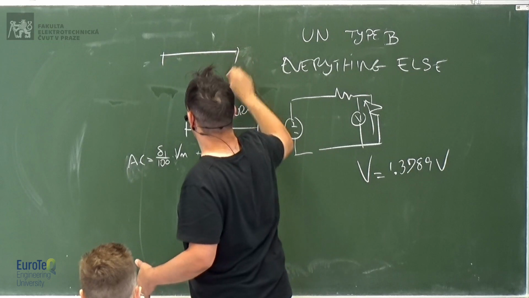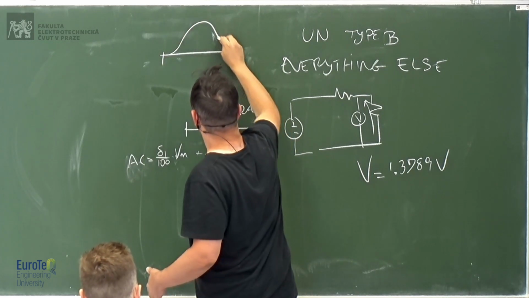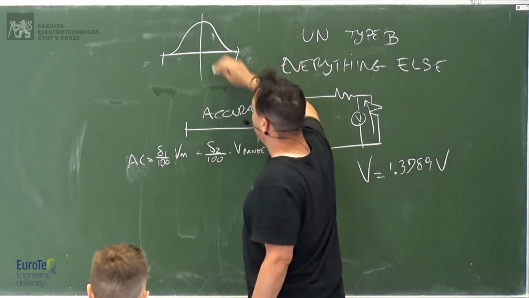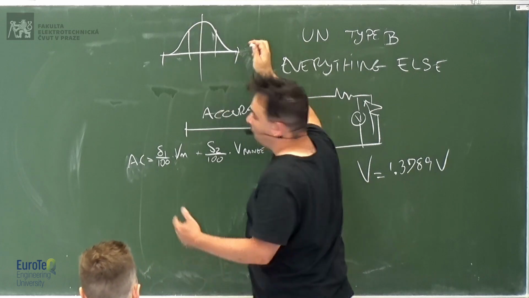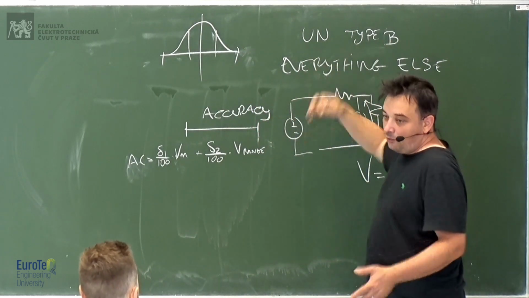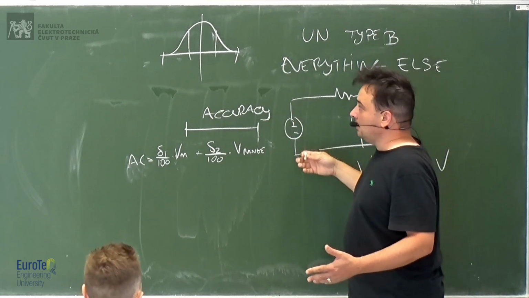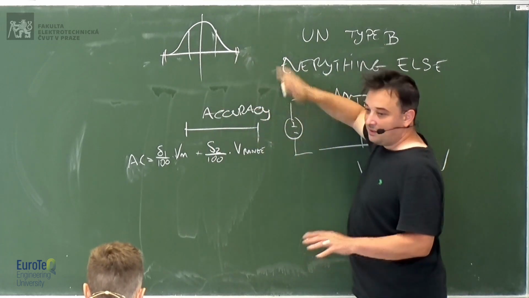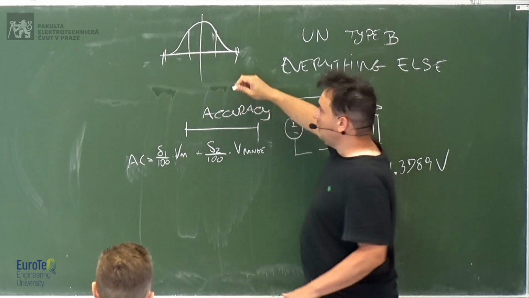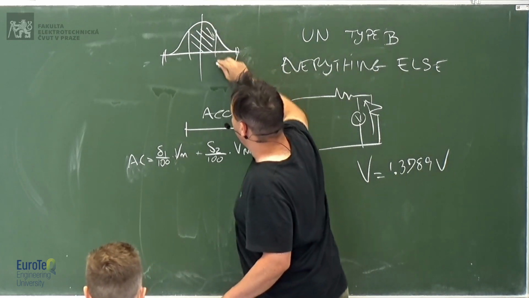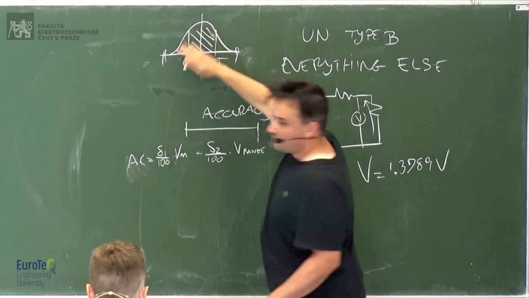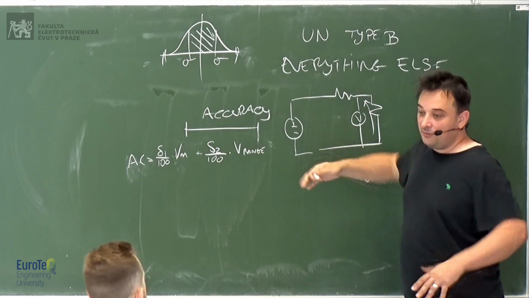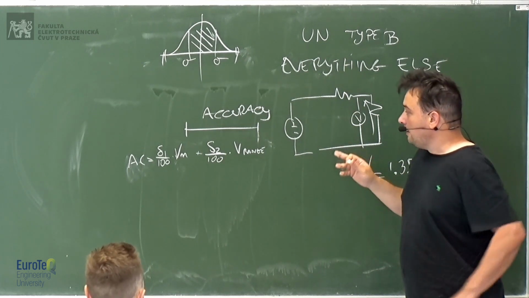So if this is the accuracy, and you have this distribution of probability, it could be Gaussian or something deformed with respect to Gaussian, whatever. Let's say that here we are low enough that we can say it's 0, so we can say it's inside this range. Then if I take one standard deviation, I will have some coverage of the probability, or if I take 2 sigmas and so on, you can take whatever you want.